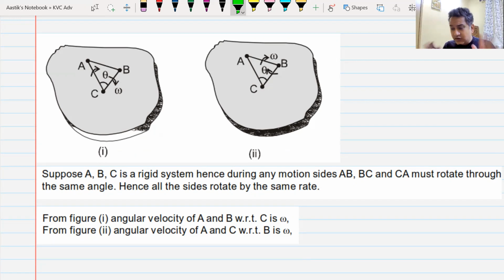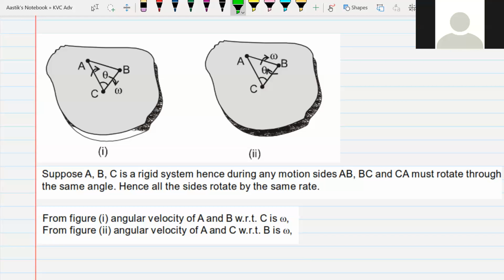Yes, sir. Because all the points with respect to any other point must move with the same angular velocity, and you can find out the angular velocity. You find out the velocities of these particles perpendicular to the line, and you divide it by the radius or distance r. Do we understand this? Yes or no? Yes, sir. This is just for you to understand what is a rigid body.